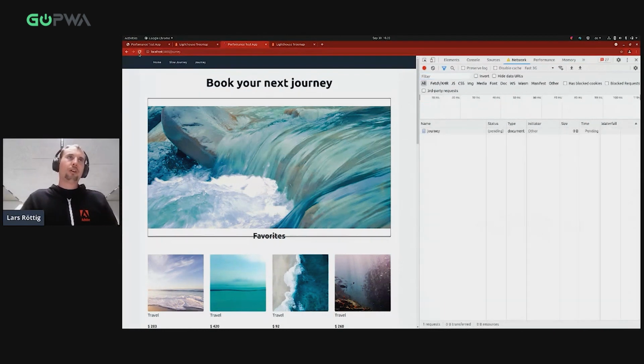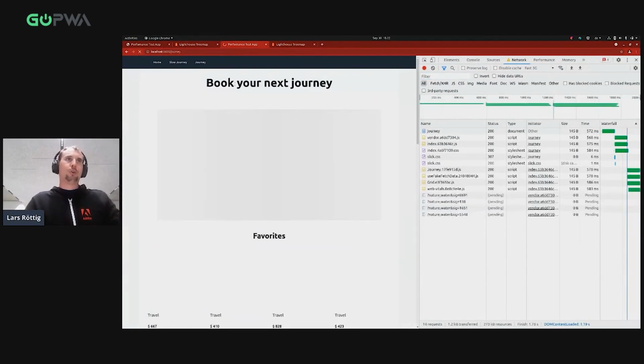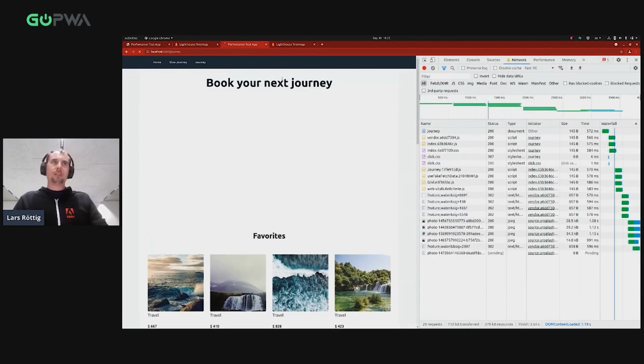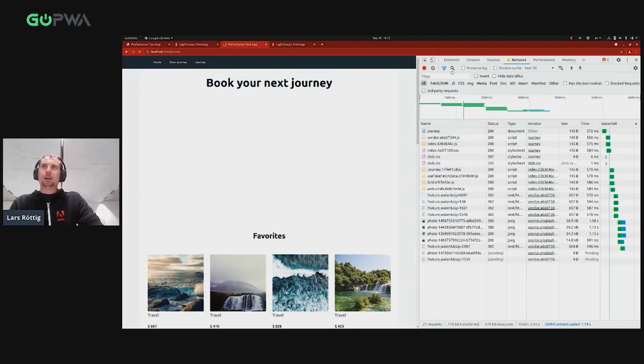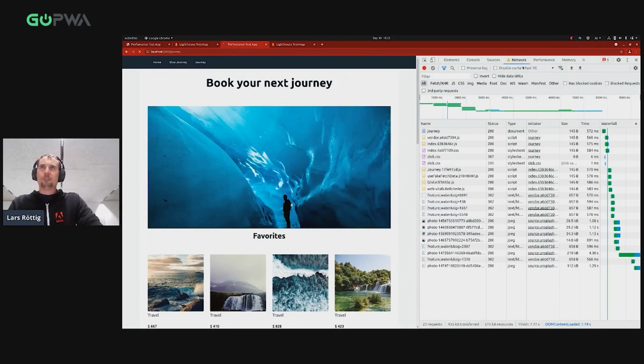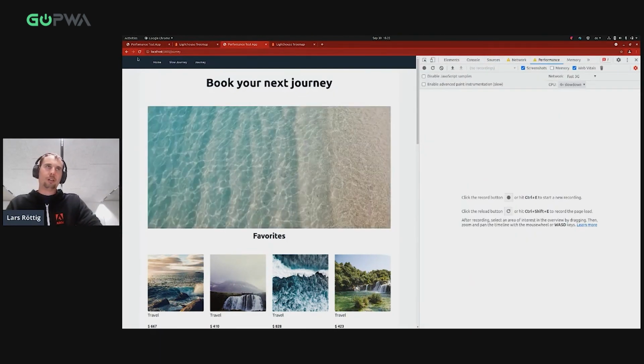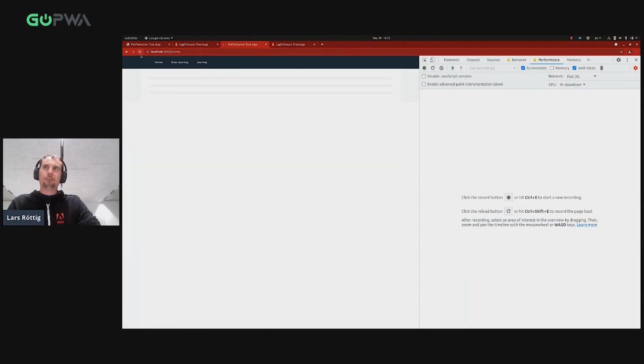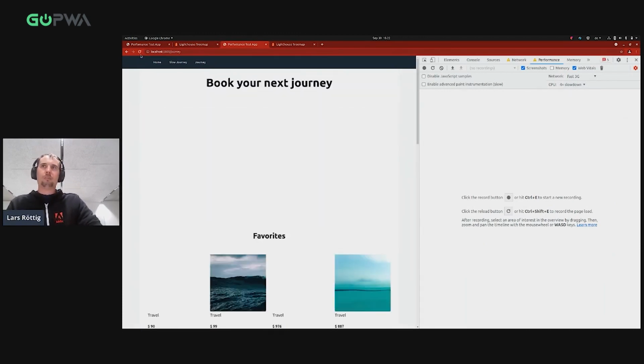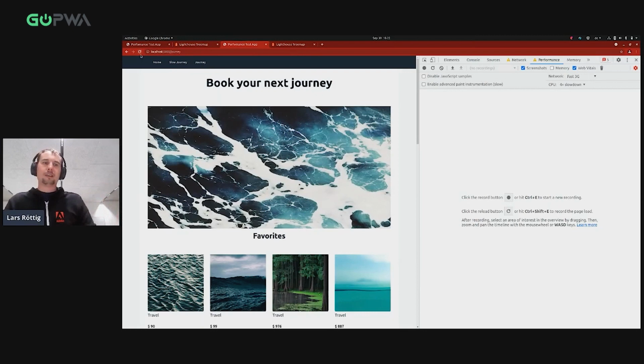So if I reload the page, I first get these 3 elements, and it's so fast because I still have 4G slowdown, but throttling disabled. So you see, I'm still on 4G and I get a nice